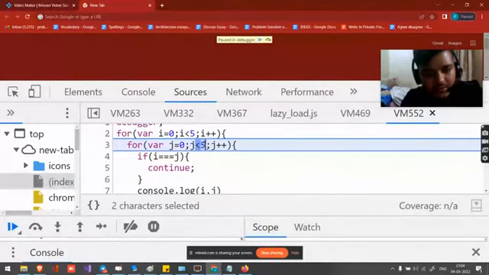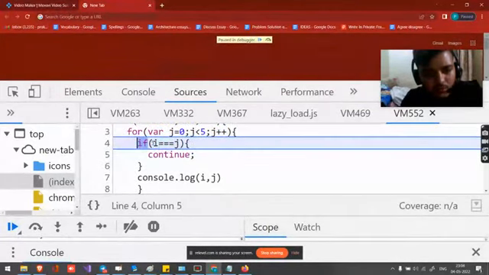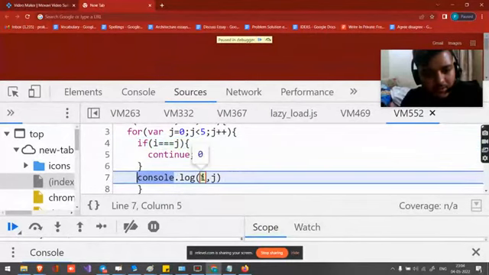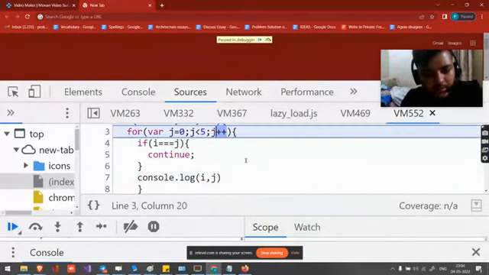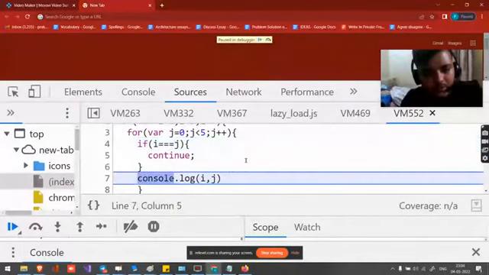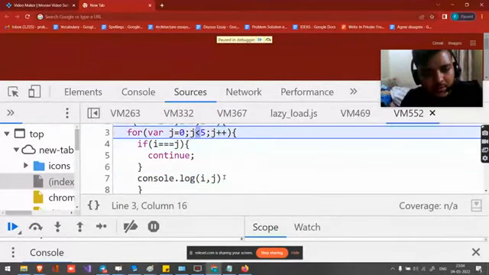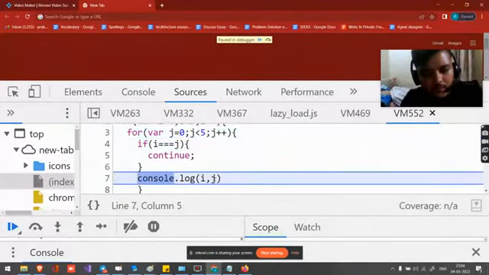1 is less than or equal to 5. That means true, so it will enter this loop. This will be false. That means it will print the value of 0 and 1. Similarly, it will print the value of 0 and 2, 0 and 3, 0 and 4,